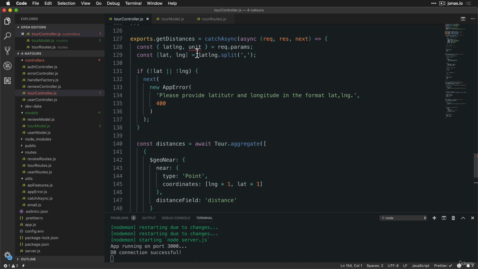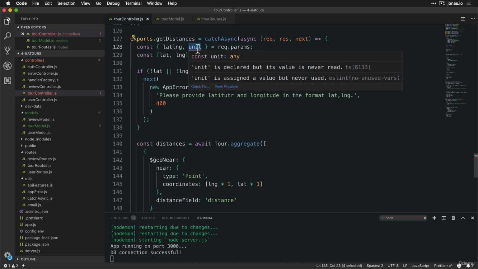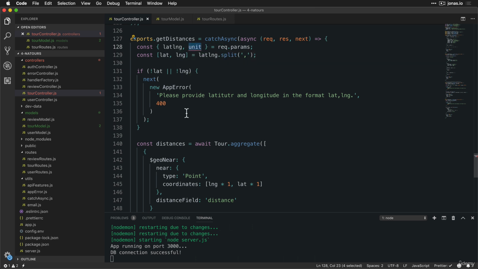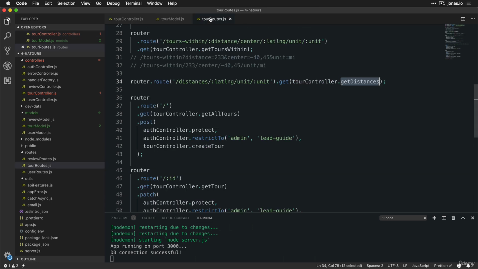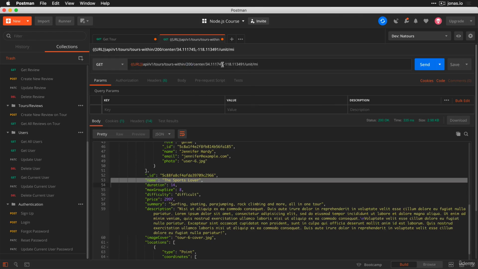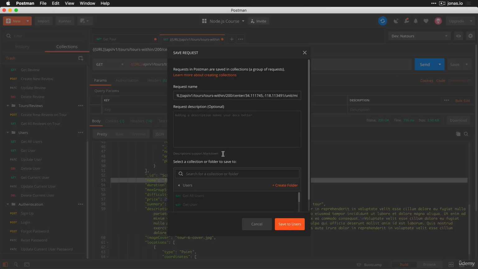Keep in mind that at this point we didn't use the unit, but don't worry about that, we're going to do that in a second. But again, first I really want to see this working. Remember that the route is now distances. And so let's just copy this one here. Actually, I will save it also, so into the tours,